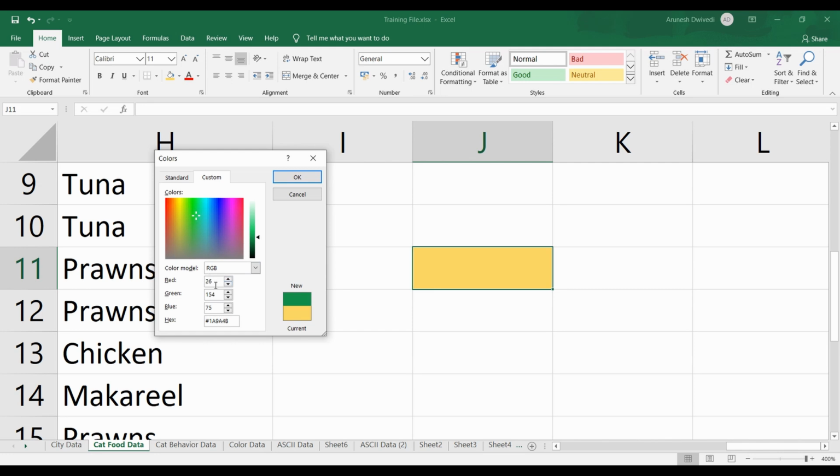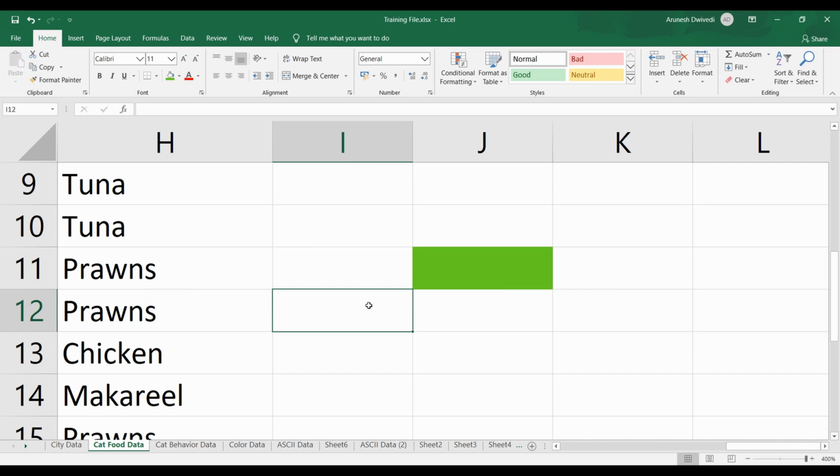Alternatively, if you have the RGB code with you, that is the red, green, and blue code, then you can make your own colors. For example, I know for a fact that if I put 128 for red, 127 for green, and 127 for blue, I'll get a gray shade. So that's how my shade is going to look. Besides custom colors, there is another standard option with predefined more colors than you see in the regular color palette. So you can choose your colors here. And if you're still not happy, you can go to the custom and you can do the coloring from here. Make this color a little bright and click OK. And that's my new shade.